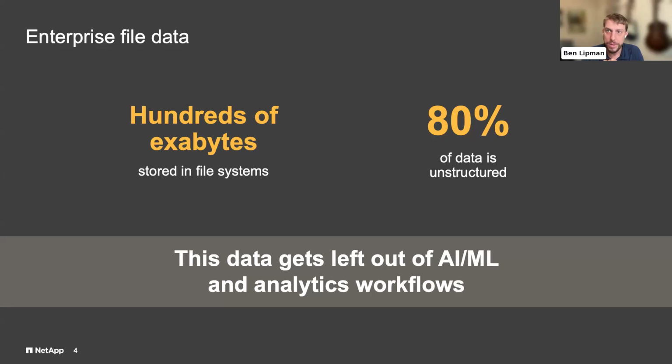So I think this story is really about we've got all this data, all this value, and now we have all these neat AI services and agents and things. And how do we marry the two together